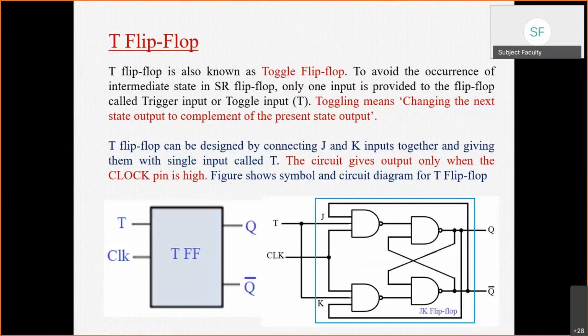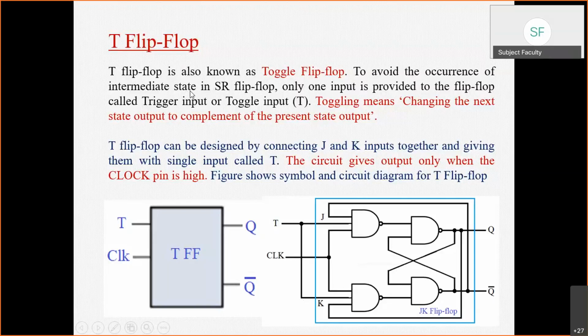So if the value of Q in the previous state is 0, then in the next state it will be 1 and so on. Okay. There is one point, to avoid the occurrence of the intermediate state, which we will see in the T flip flop, and after observing the truth table of the T flip flop, it will be clear to you